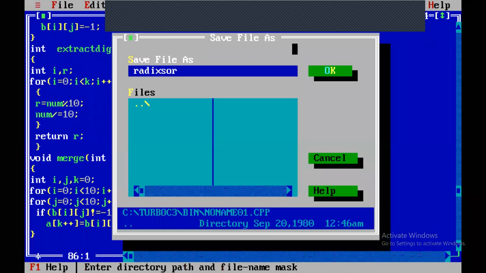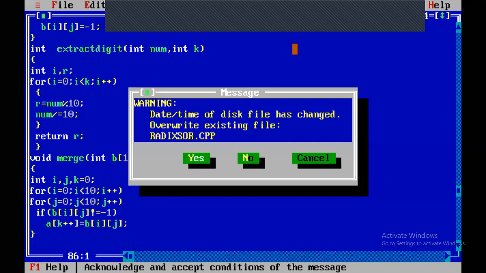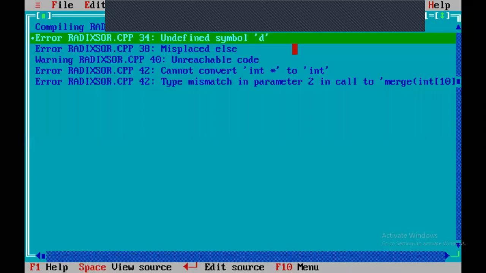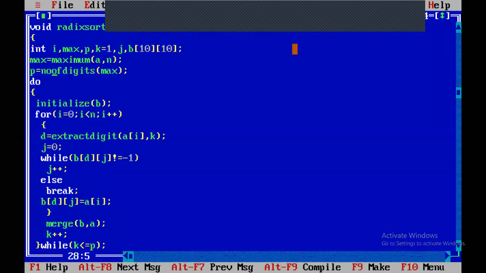Radix sort is... four errors. Undefined symbol D, misplaced else, unreachable code at line 34. Undefined symbol D is here; misplaced else is here; J++ is the problem, it is unreachable code, and begin do while.